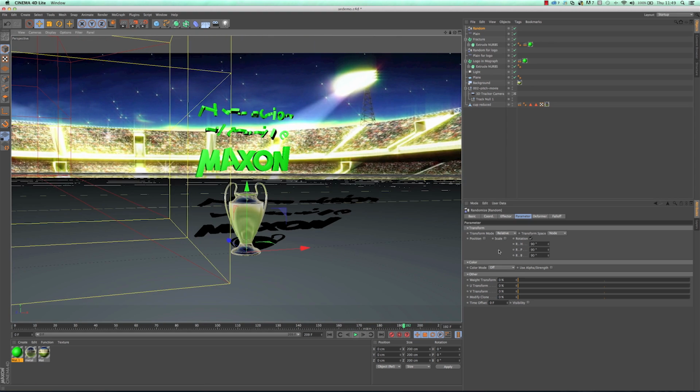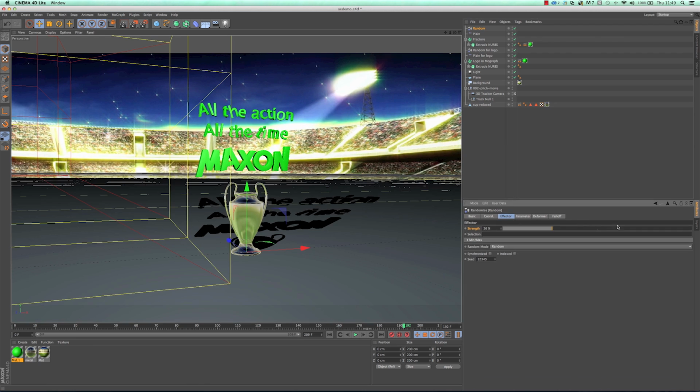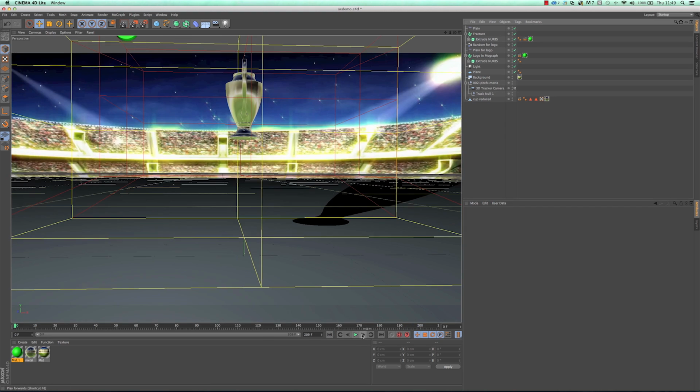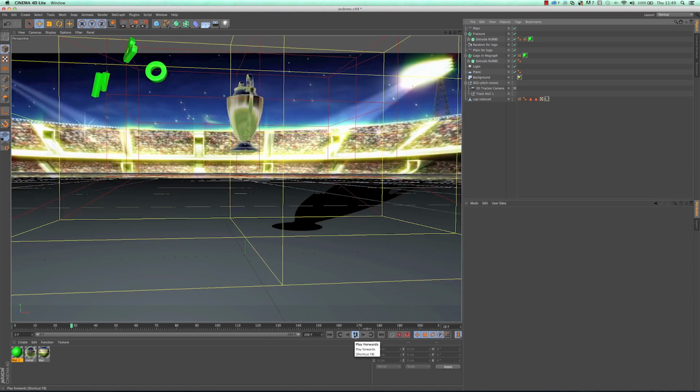And yeah, if I'm going to do that, I need to also remember with a random effector to change the strength so that I get that effect as well. So I need to remember to do that, but actually I think that looks a bit messy, so I think actually, you know what, I'm going to delete that random effect and just keep the effect that I've got so far. So I quite like that.